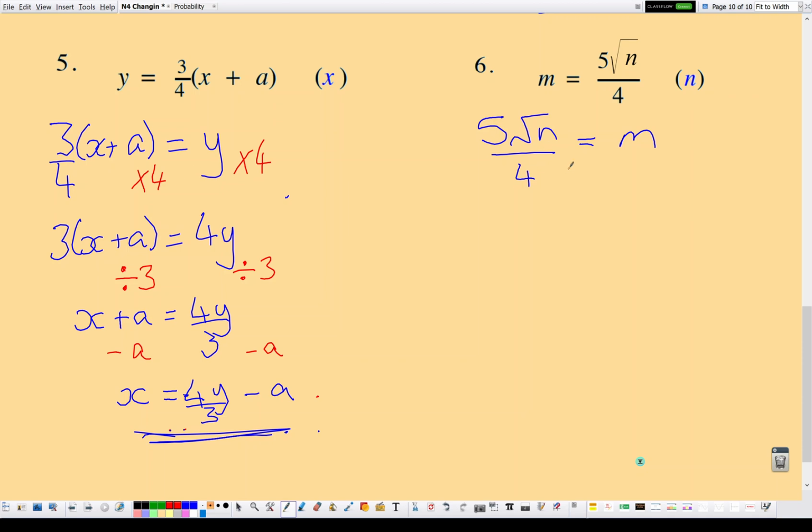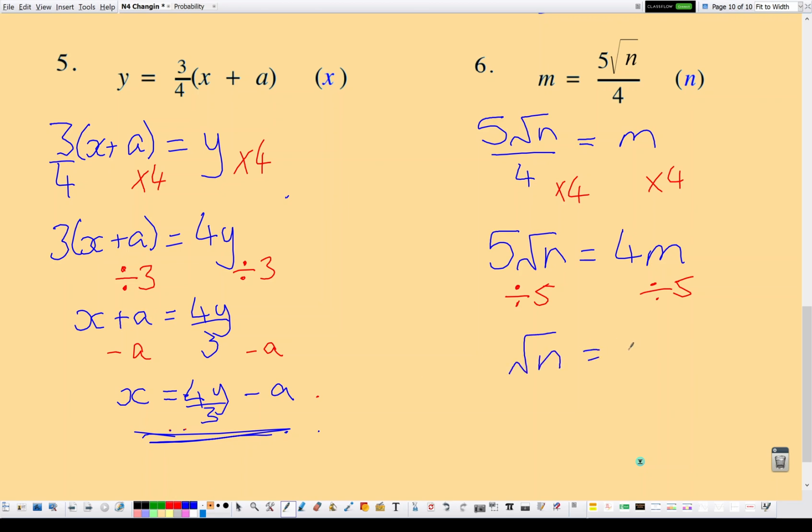So similar to the last one, we're going to multiply both sides by 4 to get rid of that fraction. So that's going to be 5 root n equals 4 times m, 4m. Okay, now get rid of the 5 times by dividing by 5. Okay, so we're going to get the square root of n equals, as a fraction, 4m over 5. And carefully here,